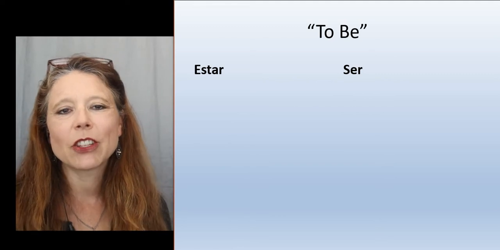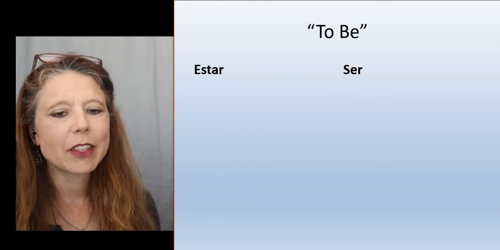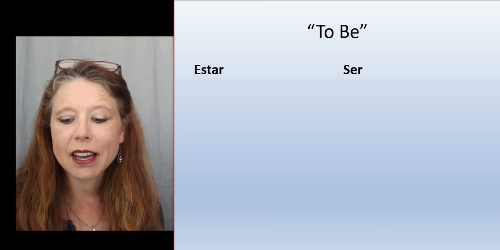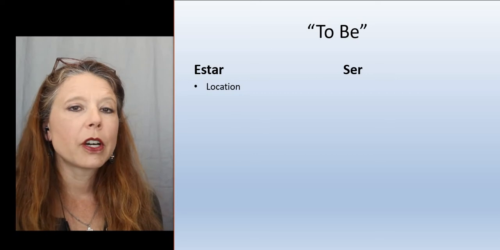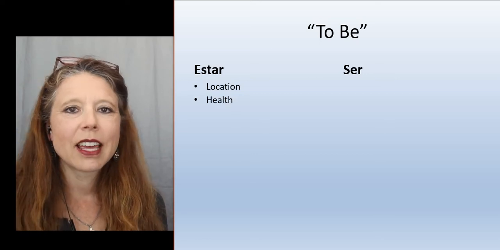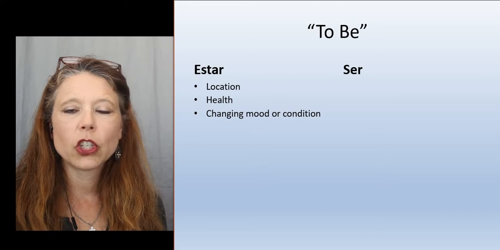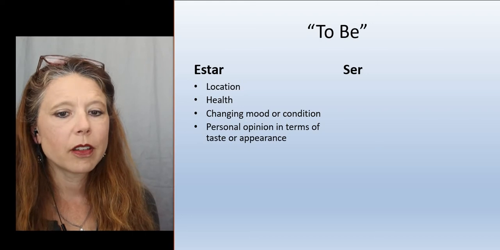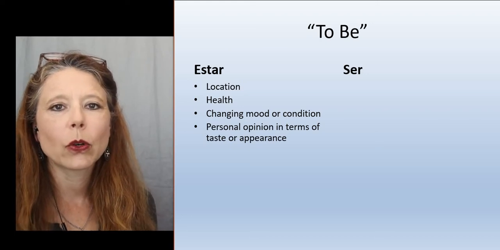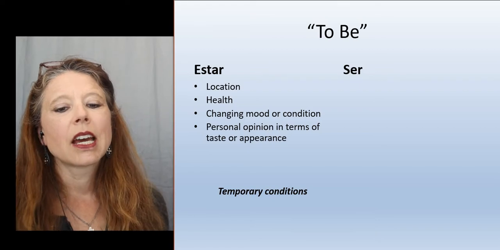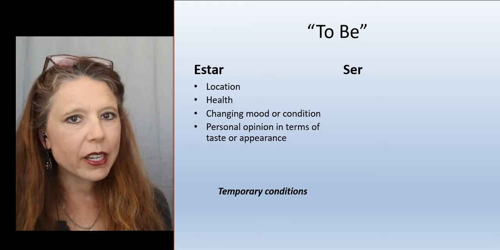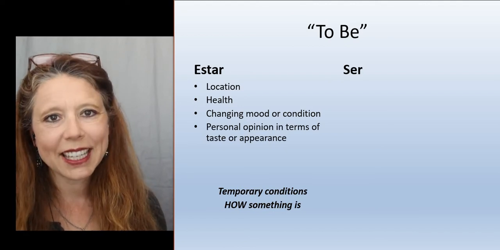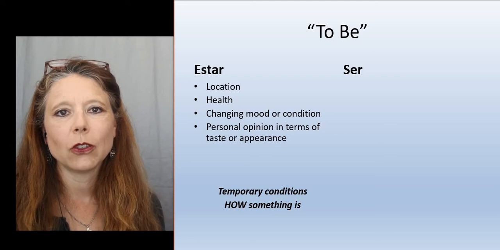In Spanish, the verb to be can either be estar or ser. When would we use estar? Well, when we're talking about location, health, changing mood or condition, personal opinion in terms of taste or appearance. In other words, kind of more temporary conditions or describing how something is, that's when we would use the verb